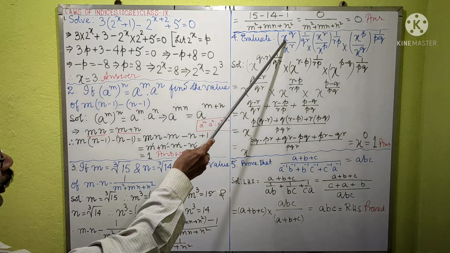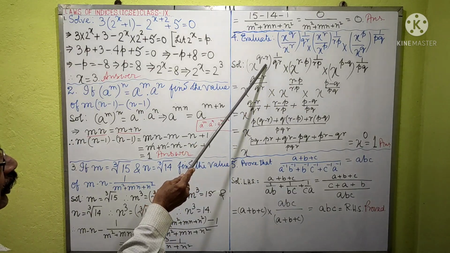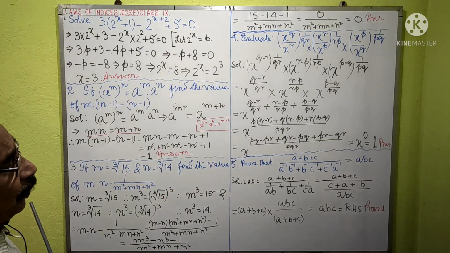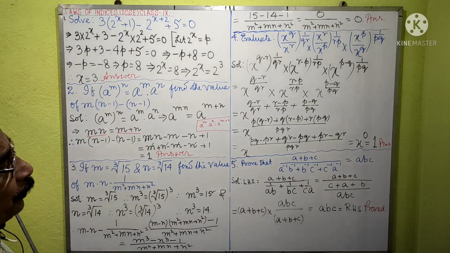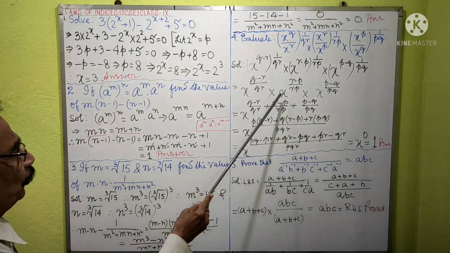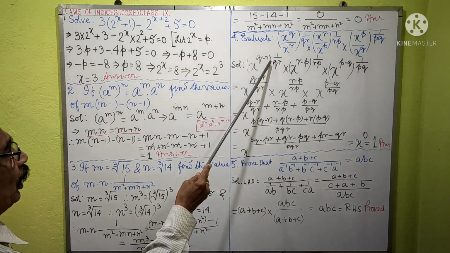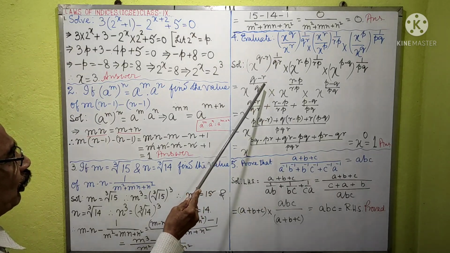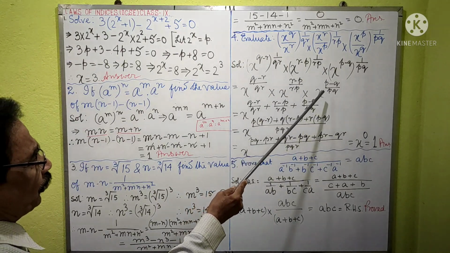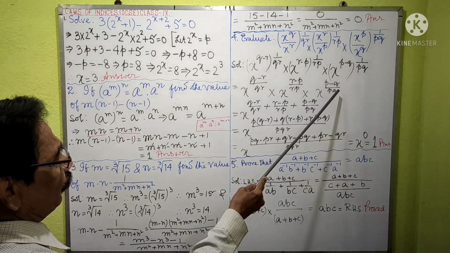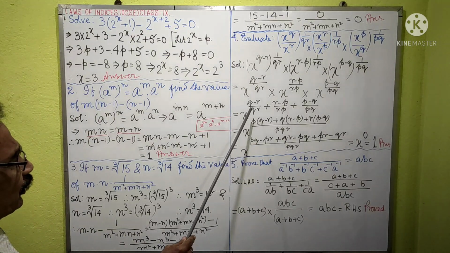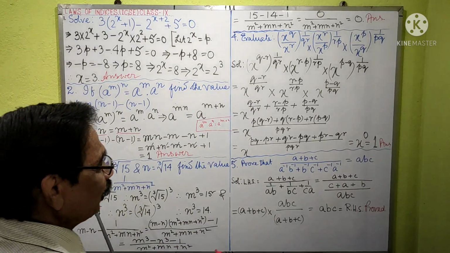So this is x to the power q by x to the power r equal to x to the power q minus r, and 1 by qr. Similarly, this is x to the power r minus p to the power 1 by rp, and x to the power p minus q to the power 1 by pq. This is p minus q into 1 by pq, and this is x to the power qr into 1 by qr, that is qr by qr. Similarly, this is x to the power r minus p into 1 by rp into x to the power p minus q by pq. So you can say that it is x to the power, you must know that x to the power